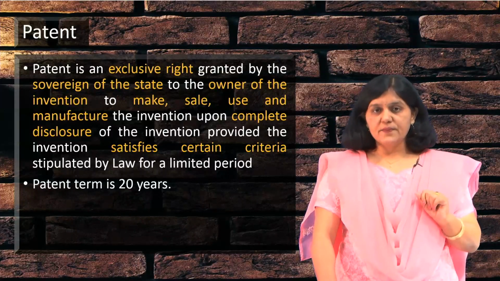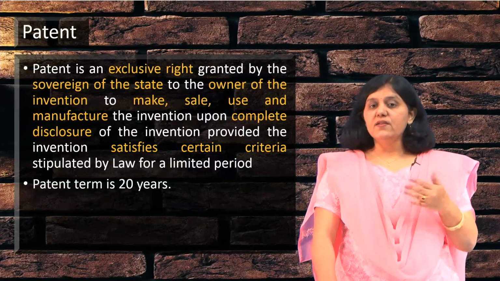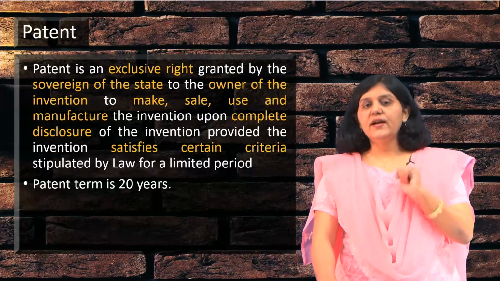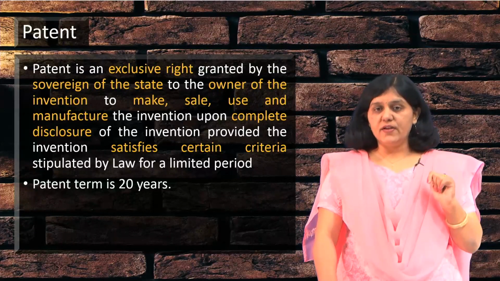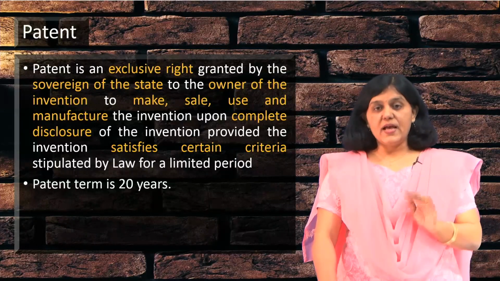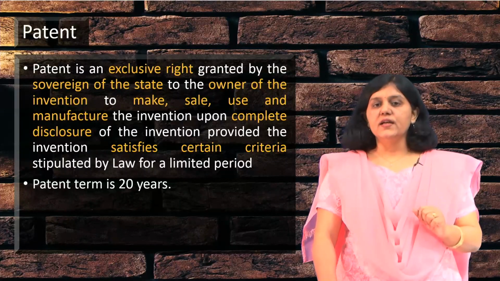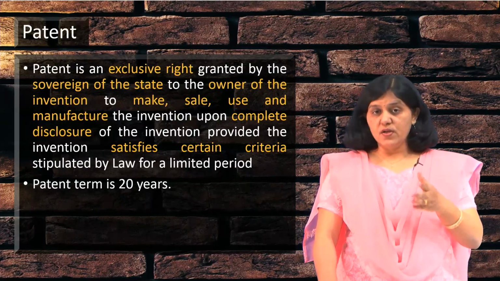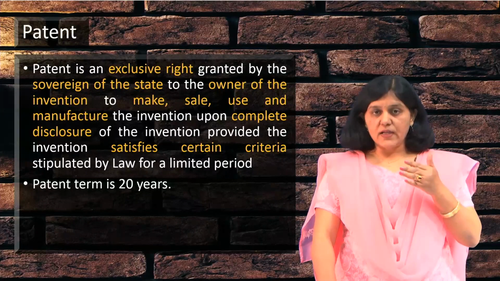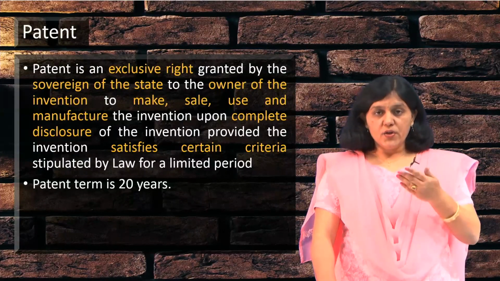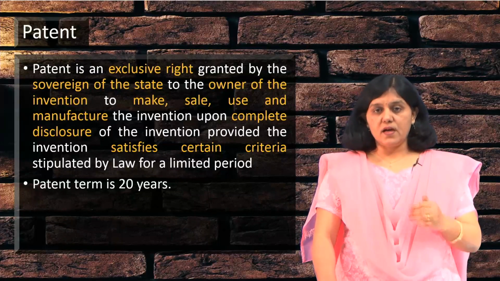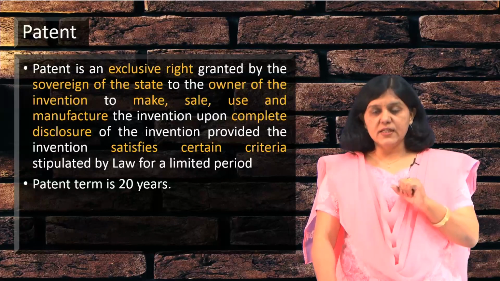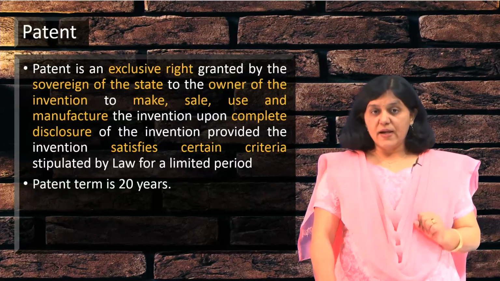The philosophy is that there should be a balance between the inventor's right and the welfare of the society. It is expected that during the 20 years, the inventor should create wealth from the patent. And so, as discussed in one of the earlier modules, submission of a form giving information about the working of a patent is required. As per the Indian Patent Office, or the Indian Patent Act, you have to submit that form every year giving information about whether your patent is working, whether you have commercialized it or not. So, that is mandatory for you.